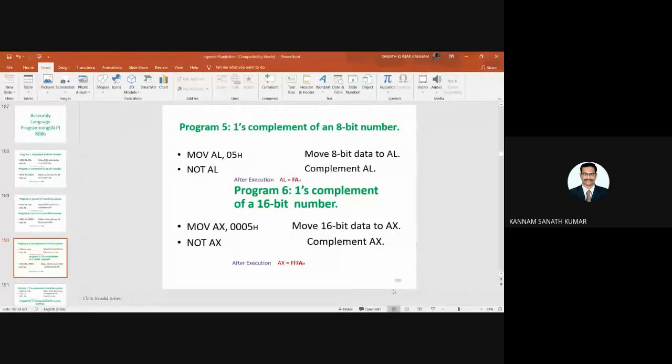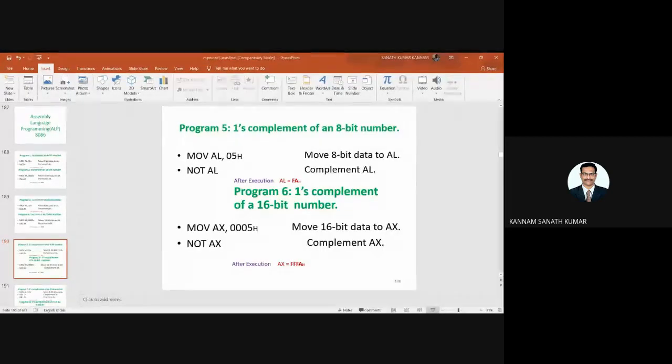So by converting the given hexadecimal to binary and changing zeros to ones and ones to zeros, you need to verify. So that means FAH. And next program, ones complement of a 16-bit number. You are moving AX with 0005H, NOT AX.